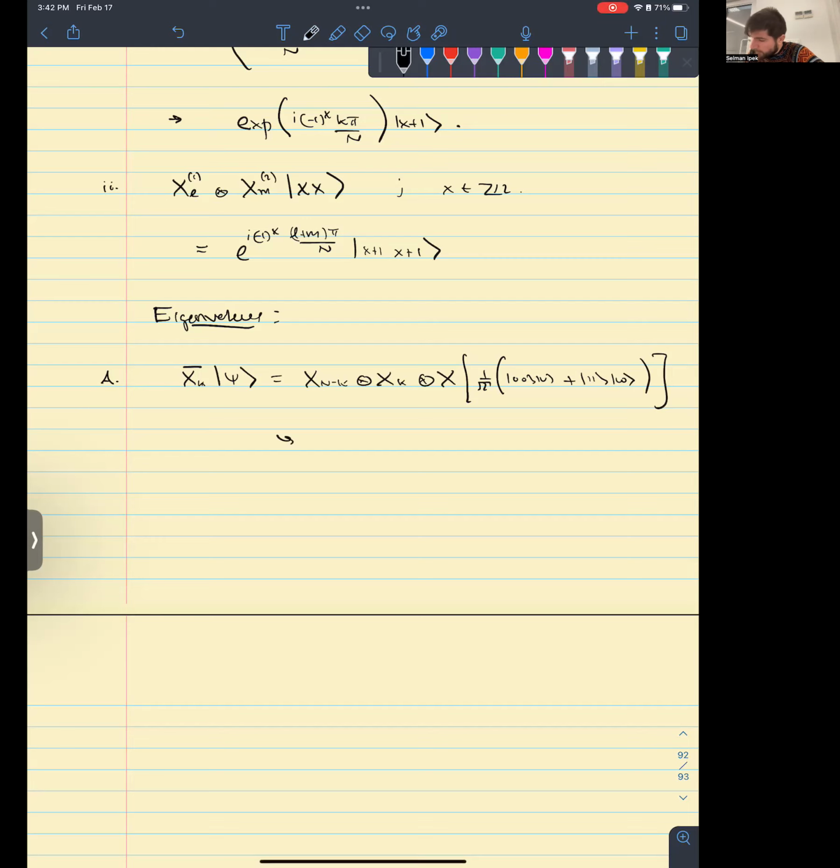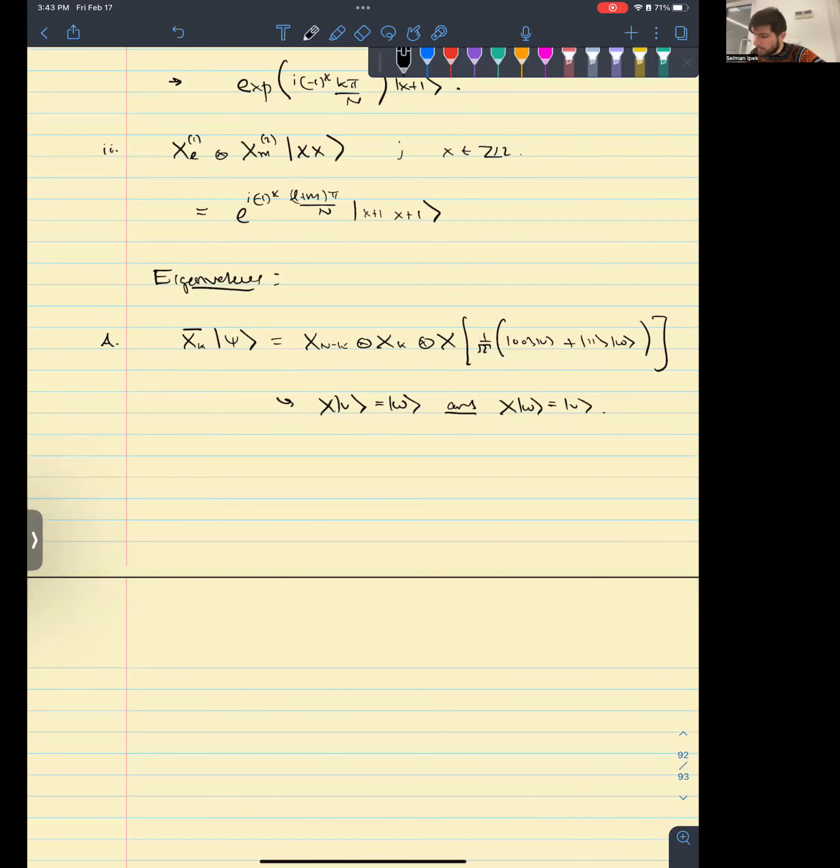The identity that we had before was that X acting on nu is equal to omega, and X acting on omega is equal to nu. So using that and the identities that we wrote down above, it's not hard to see that we have